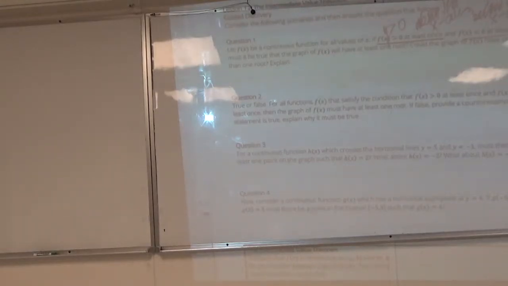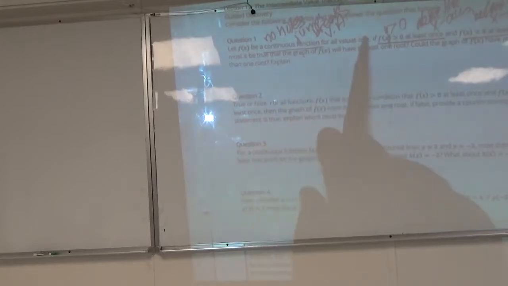If I say a continuous function, you know already, no holes, what else? No jumps. No breaks. No vertical asymptotes. Is it okay if I just abbreviate VA? Yes. Okay. If you have a continuous function for all values of x, this says if f of x is